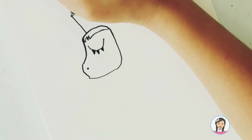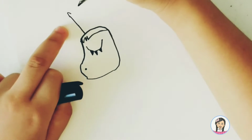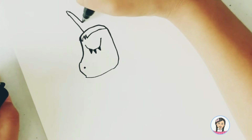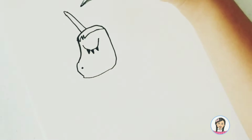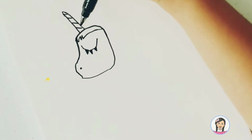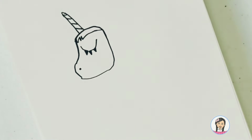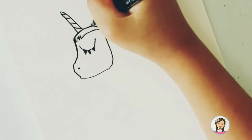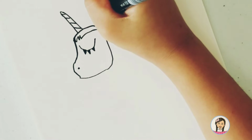Okay, then make a small curve that's like a triangle curve. Then connect it down. Now let's make the lines. 1, 2, 3, 4. There. Now let's make this. Now let's make a curve